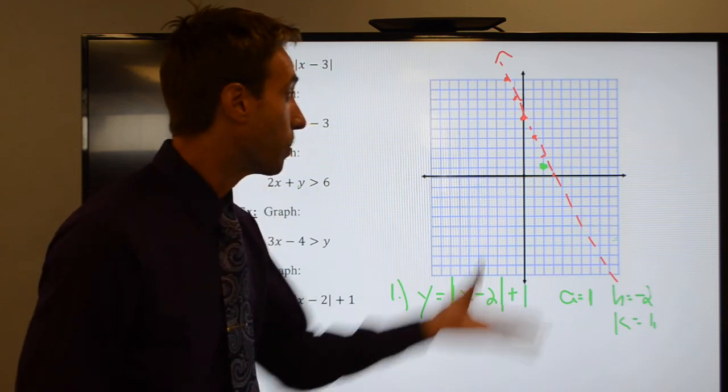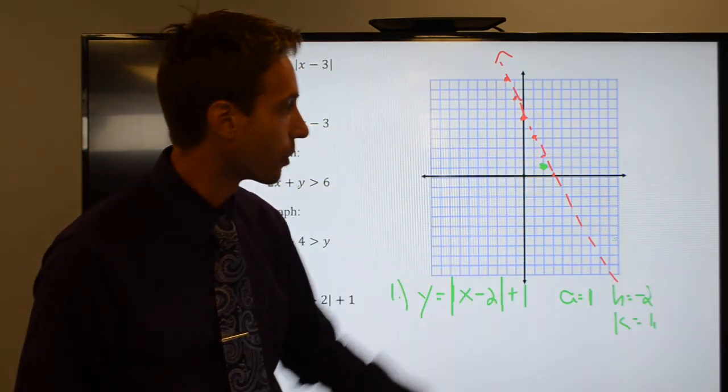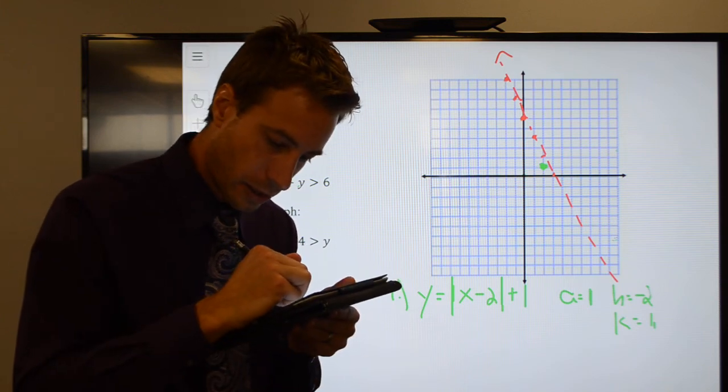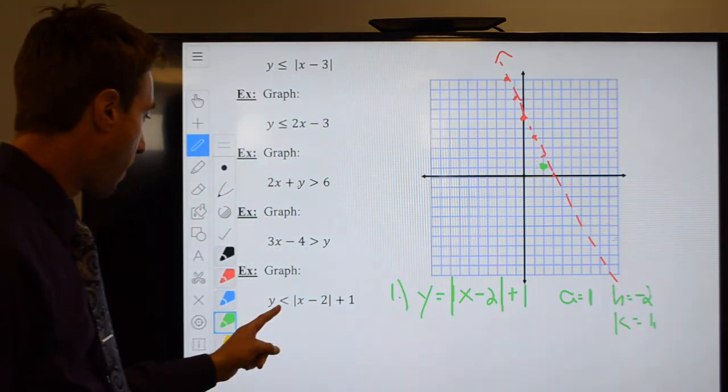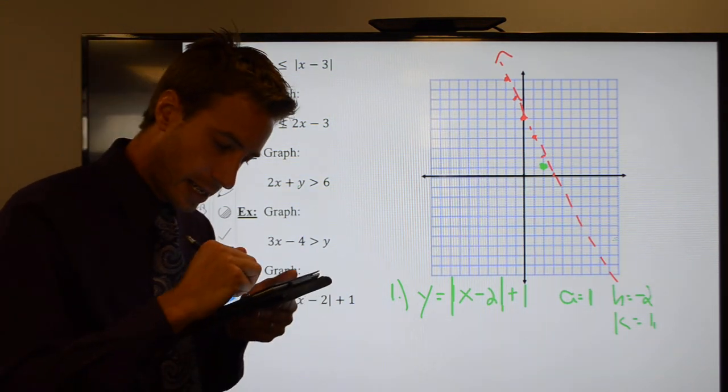And my V will be opening up because my A is positive, right? If this were negative out here, then it would open down, but I don't have that, so here's my V. Also, I need a dotted line, right? My V is strictly less than, so I need a line of